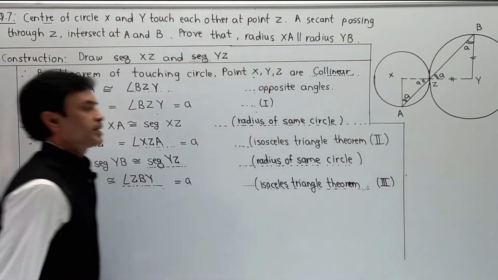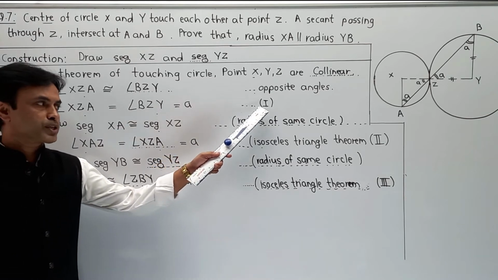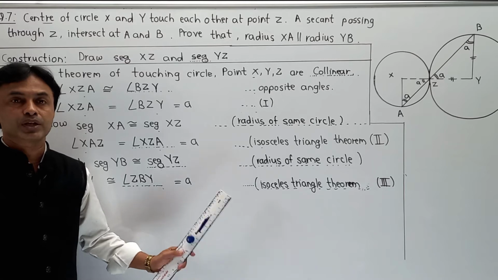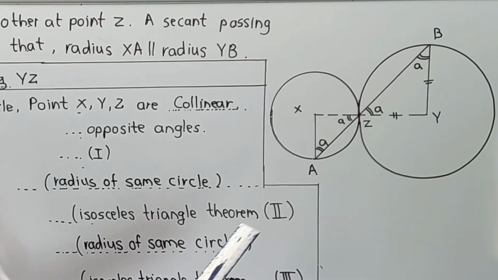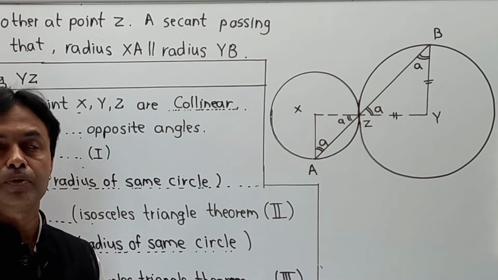And they have given that equation number 3. Now we are going to write a conclusion from equation number 1, equation number 2 and equation number 3. And what is that conclusion? I repeat, what is that conclusion? Here in equation number 1, this angle A equal to angle A, reason: vertically opposite angles.